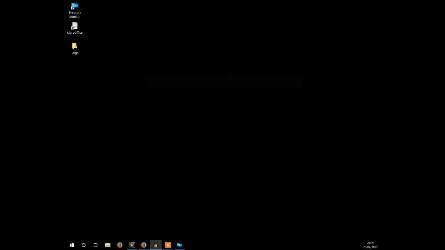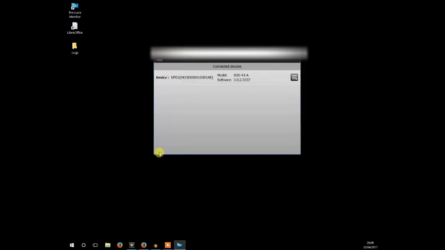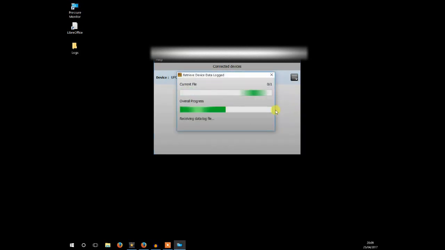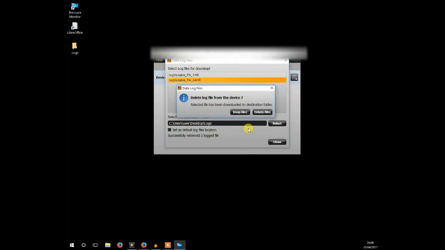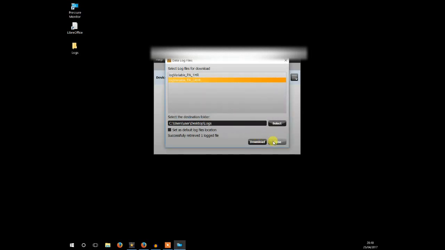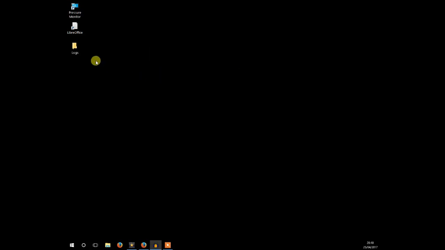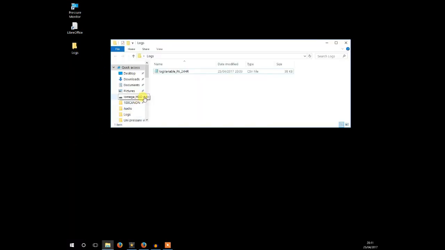Okay, what we'll do now is pull the information from the device. So we've got an app here, it shows the connected device, retrieve device logged data, and we'll just remove the 24-hour one. Okay, and that's that for the app, and if we have a look in here in logs, then we'll see that